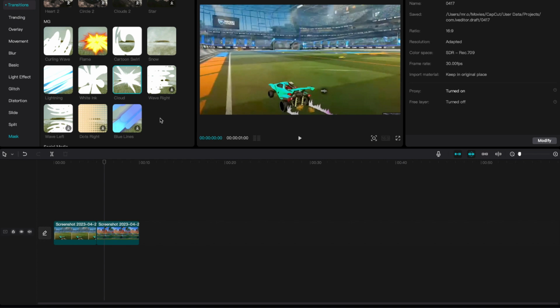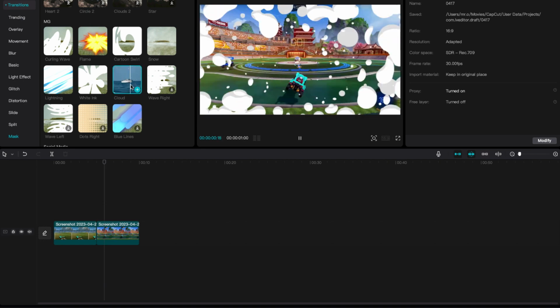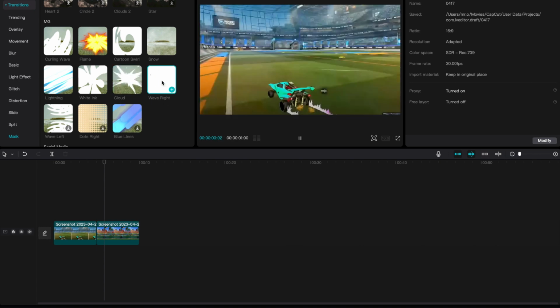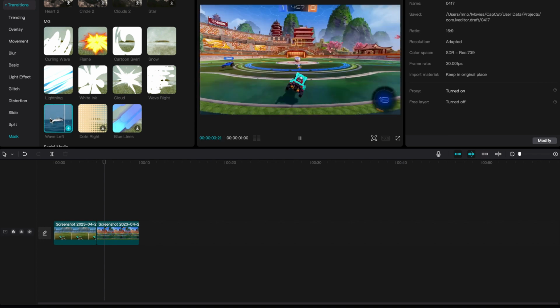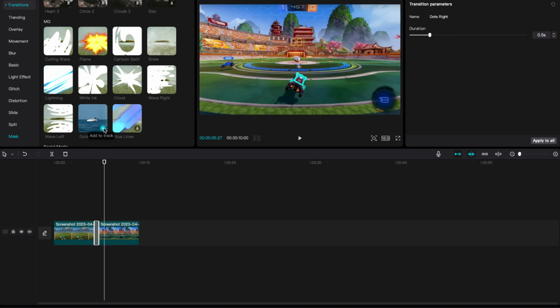But I like the cloud. I really do like this cloud. As I'm clicking, you can see how it's moving. Then you have your wave right, then you have your wave left. And these are cool, but